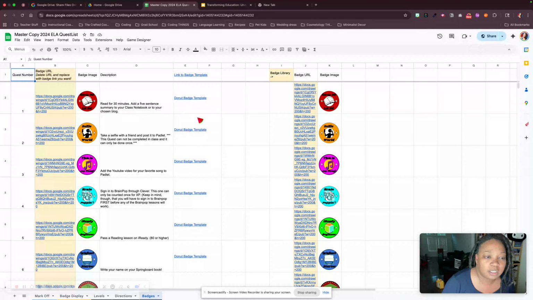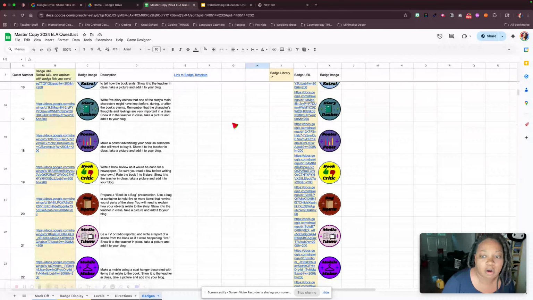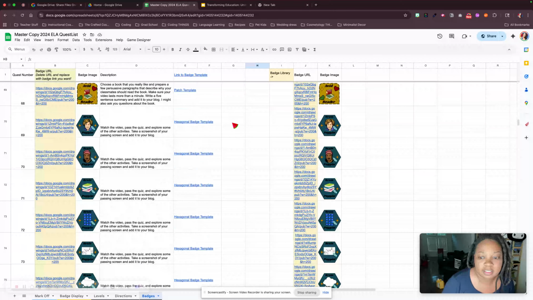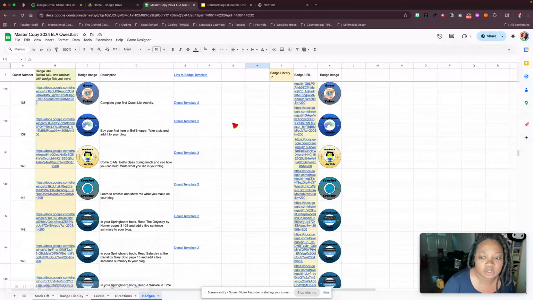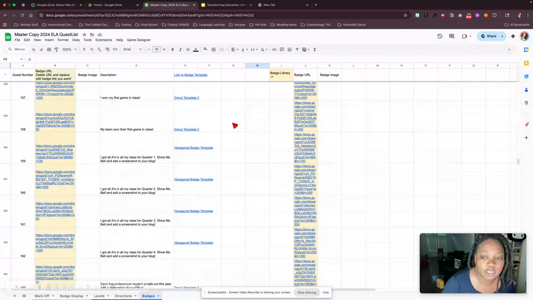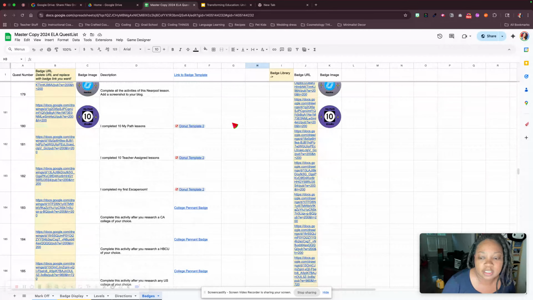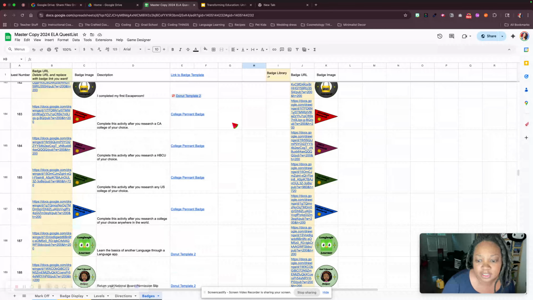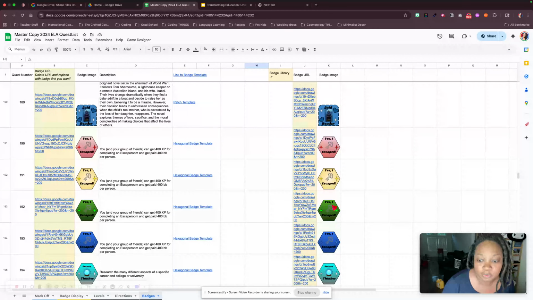And then here, students should not need this section, but this is where the badges are all created and held in a space. I deleted the ones that were created by the original person. Like I said, I used a few, but the majority of those were deleted. As you can see, all of these are ones that I created, and I had a lot of fun doing these. National Board Helpers, escape room